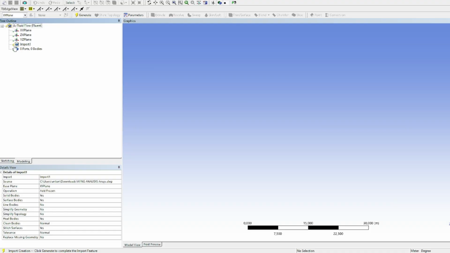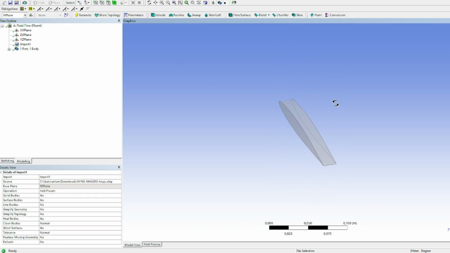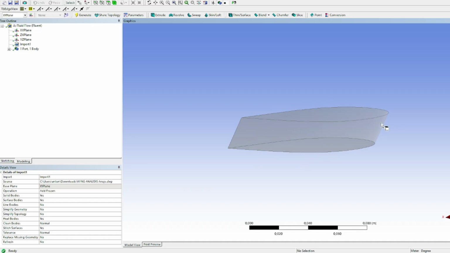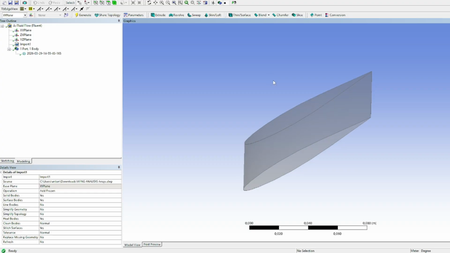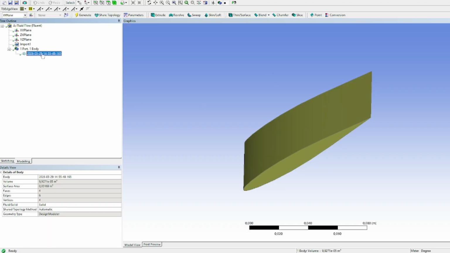Generate. If you see this thunder icon, you will have to click on generate. Okay, now once we have the wing, we are gonna click on this plus sign, and we are gonna make sure that there is only one solid. If there are many solids, we will have to click them all to select,